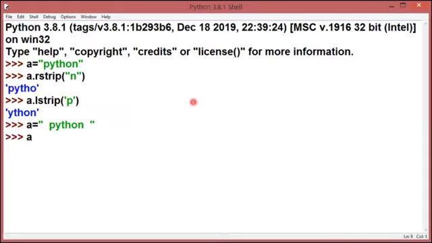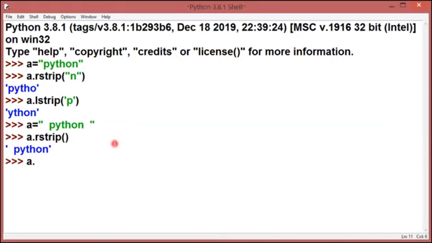Now if I apply A dot rstrip, and I am not going to pass any character into my round brackets, then what will happen? I'll get this as a result. That means the space which is added at the end of my string is stripped off. So if I don't pass any character inside my strip functions, then the spaces will be removed automatically by default.